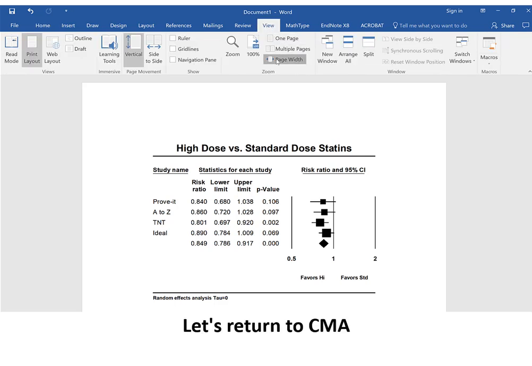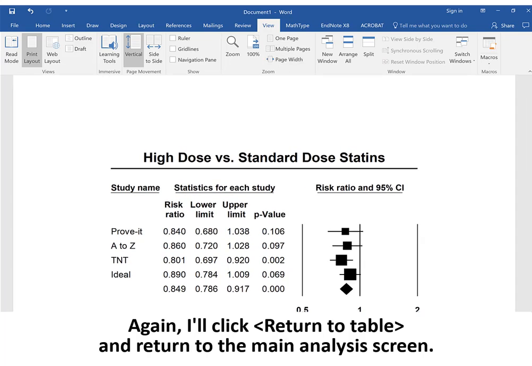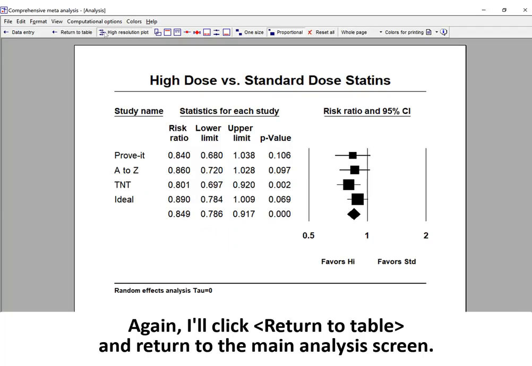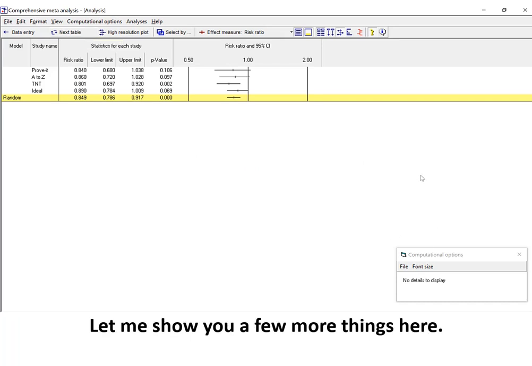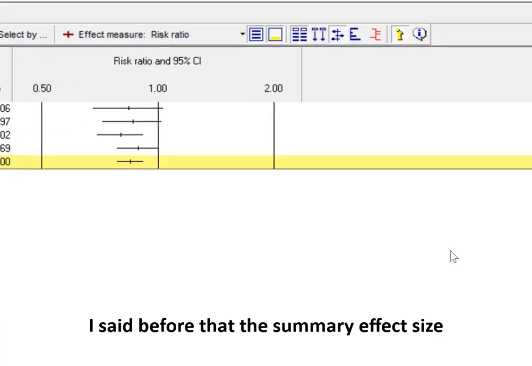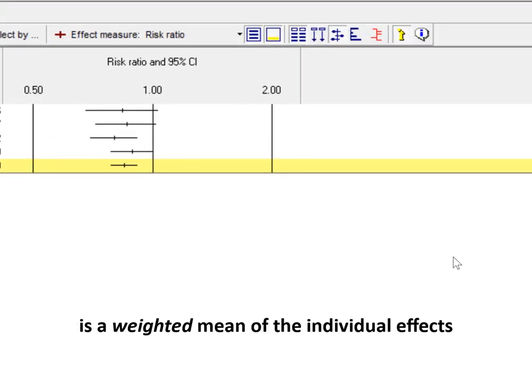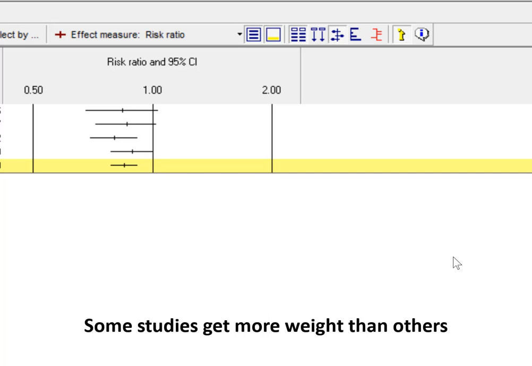Let's return to CMA. Again, I'll click Return to Table and return to the main analysis screen. Let me show you a few more things here. I said before that the summary effect size is a weighted mean of the individual effects. Some studies get more weight than others.